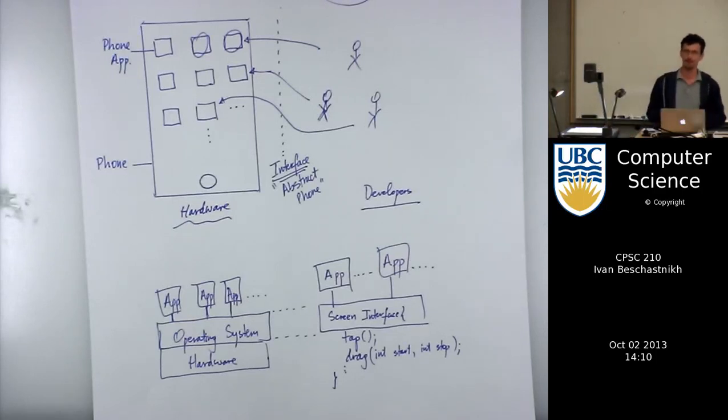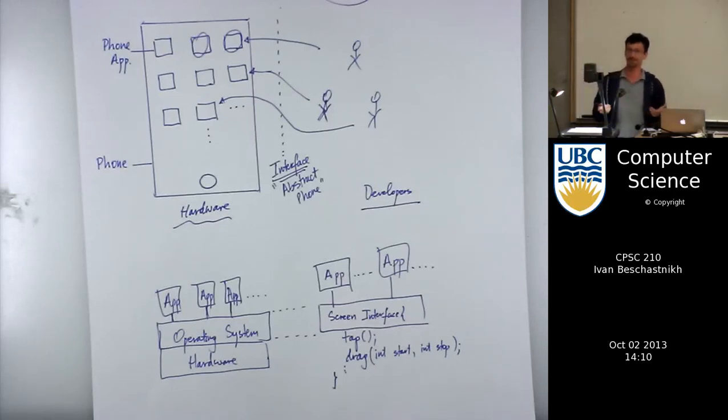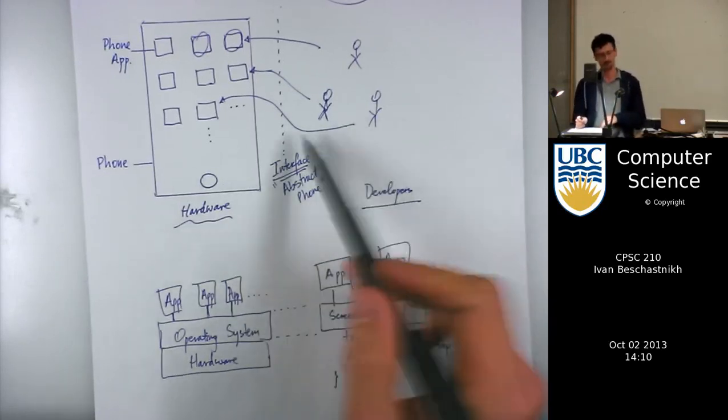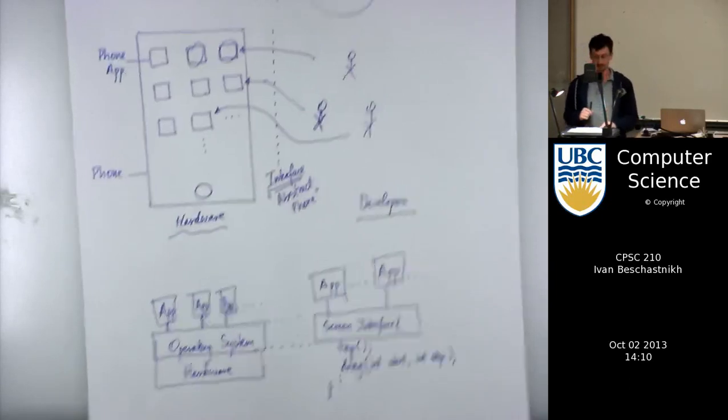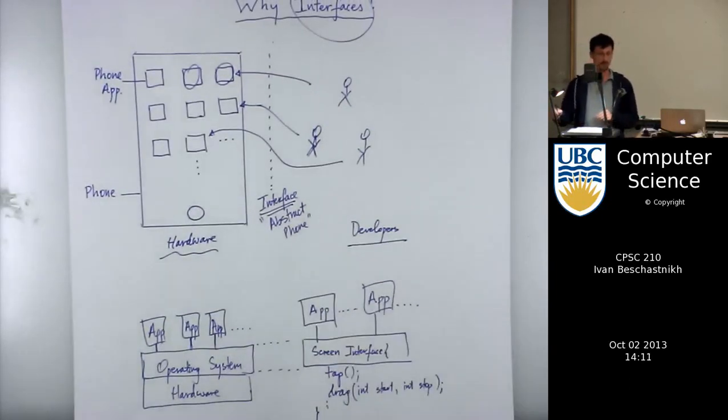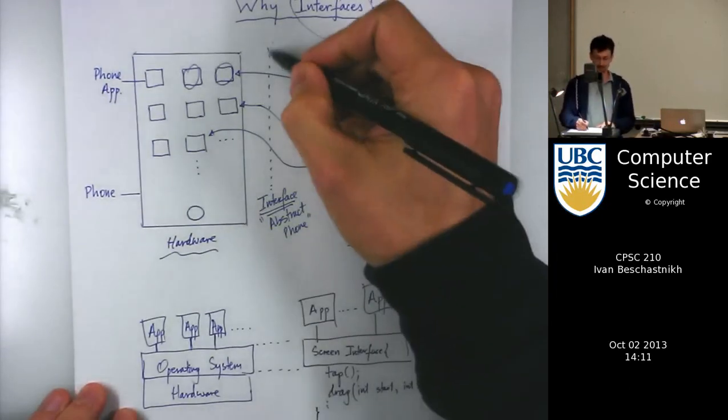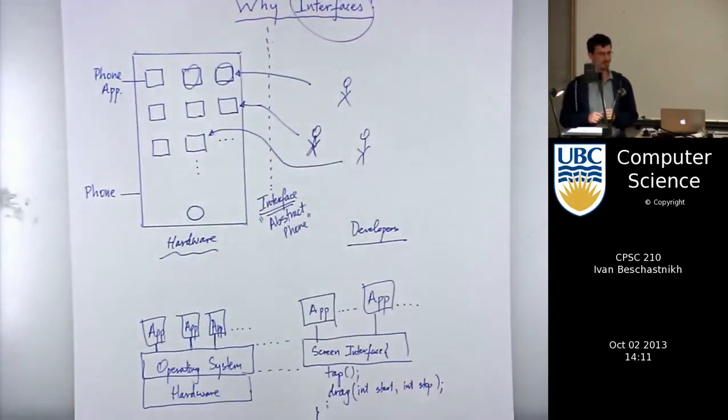Where do the developers get the interface? Where do they get it? Well, they go to Apple's webpage and they download the specification, right? Or they run Xcode, or they run Eclipse, and they download the Android SDK, the development kit. And basically, part of that distribution is a set of interfaces. So yeah, somehow the manufacturer has to tell these people that, my interface is the following dash line. And this dash line will vary, right, between different phones and so forth. And the quest is really to make this dash line as similar to other dash lines as possible, because that'll make it very easy for your app to work across different devices.